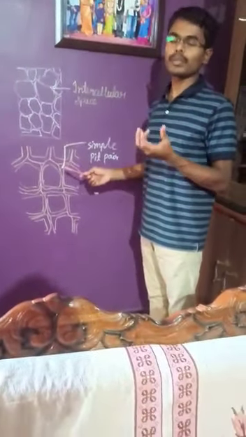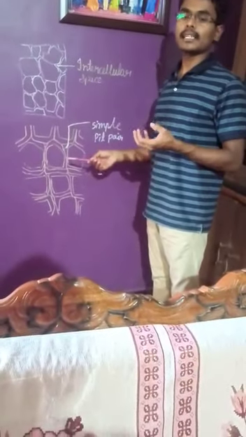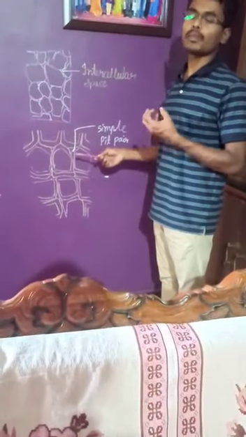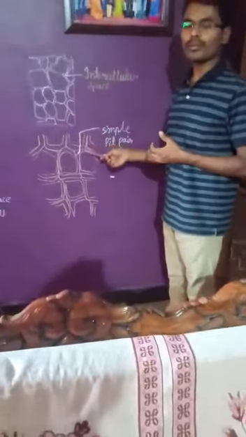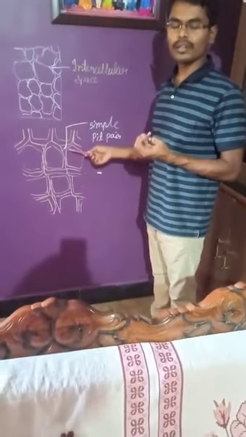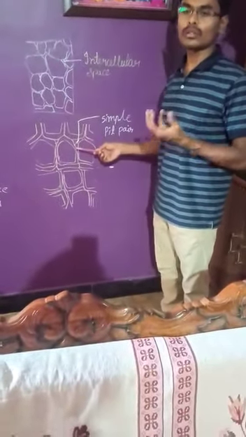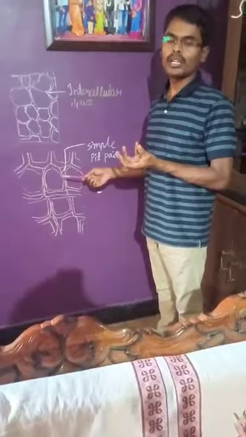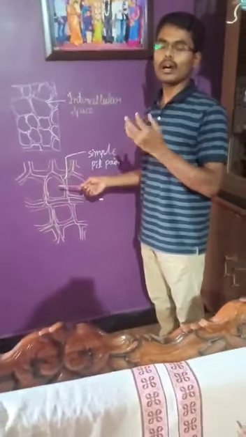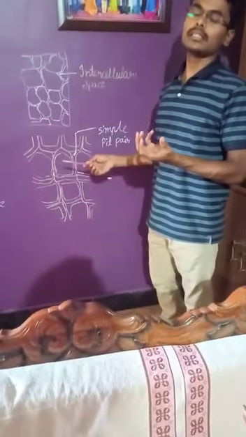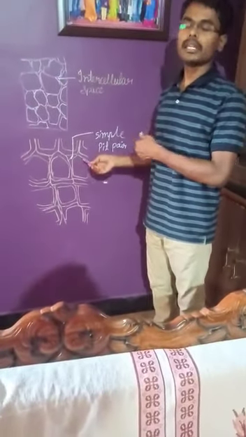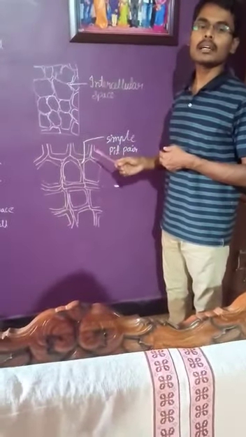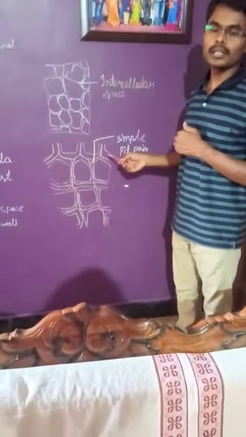Because of the presence of a chemical substance called lignin, it acts as a binding material, it acts as a cement in that particular plant body. For that reason, the plant becomes somewhat hard, somewhat rigid. As an example for this sclerenchyma, we can take the husk of a coconut, and all of you have already seen the coconut. The outermost body is covered by some kind of hard material, that is due to the presence of lignin, that we can see in this sclerenchyma, and that is your sclerenchyma, a third type of permanent tissue.